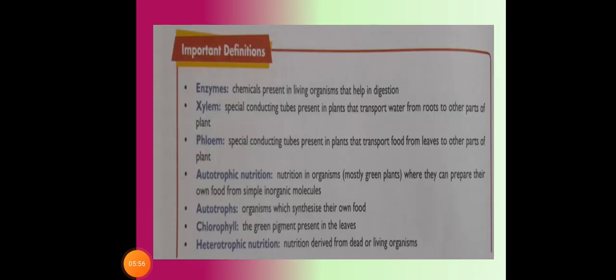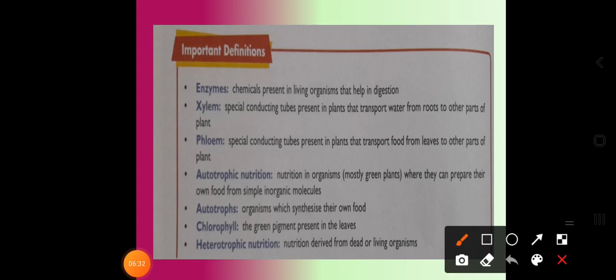So dear students, in today's class we have just recalled the things. First, we are going to focus on the important definitions. This type of definition can be asked for a 1 mark question, or sometimes the question can be asked to write each and everything for 1 mark, meaning in the 3 marks category 3 questions will be given, like define enzymes, or define xylem, or define phloem, or define autotrophic nutrition. So you have to be ready with each and every concept. Here we are going to discuss the important definitions.